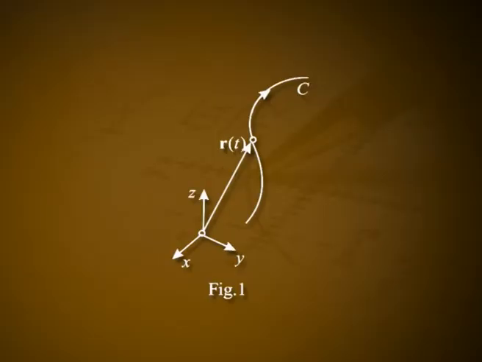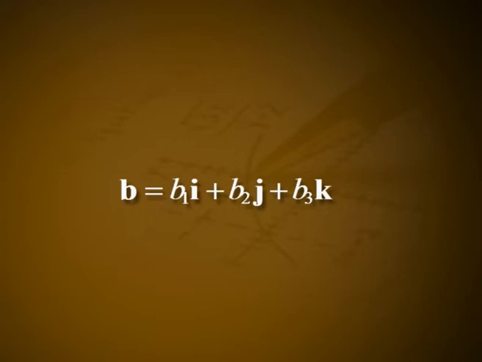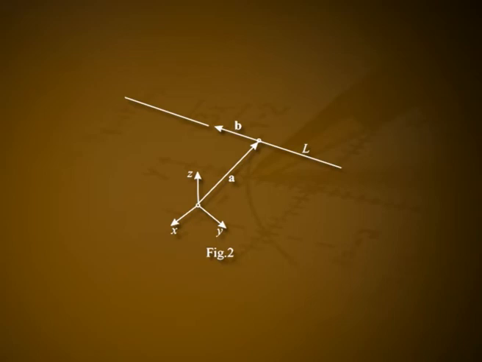In this chapter, we show that curves in space constitute a major field of applications of vector calculus. To track a particle moving in space, we run a vector r from the origin to the particle. Example 2, straight line. A straight line L through a point A with position vector A equal to a1 i plus a2 j plus a3 k, in the direction of a constant vector B equal to b1 i plus b2 j plus b3 k, can be represented in the form which can be seen in the figure.